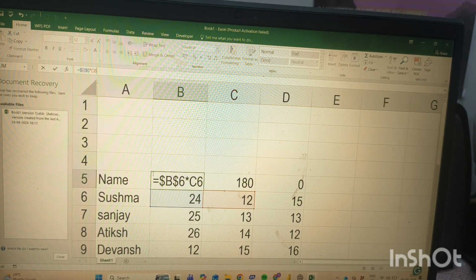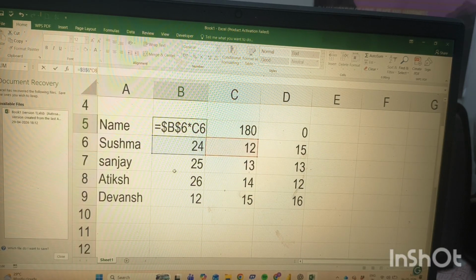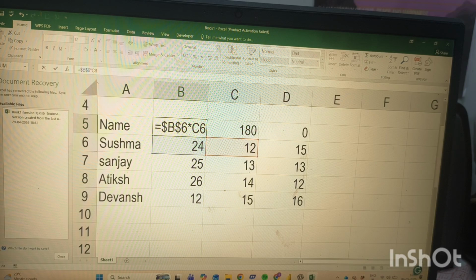Are you understanding, guys? And I will clear it up in my next videos after covering so many concepts on this. Just keep in mind that after putting the dollar sign it will be fixed, so there will be no chance of any kind of mistake. And if you don't put this reference sign, then there will always be a mistake when you try to get any kind of result or try to sum, and it will not be correct.